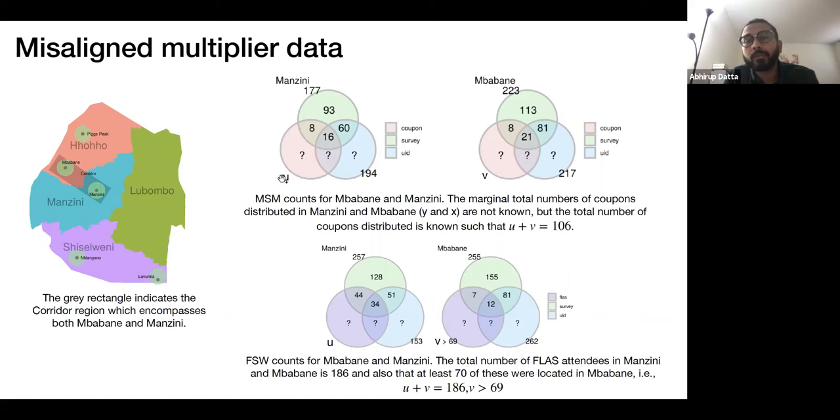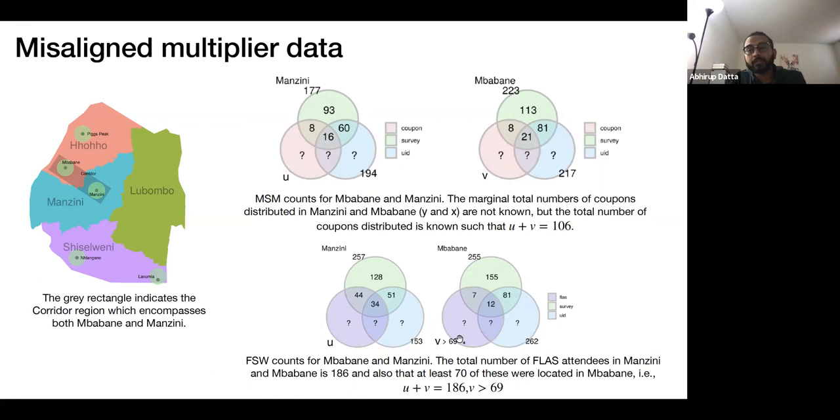We know that, but we don't know what U is and what V is. And a similar thing happens when we look at the female sex workers data, also for Babane and Manzini. Here, the number of FSW who went to the FLAS clinic is unknown. All we know is that the total was 186, but there is also an additional constraint that we know that